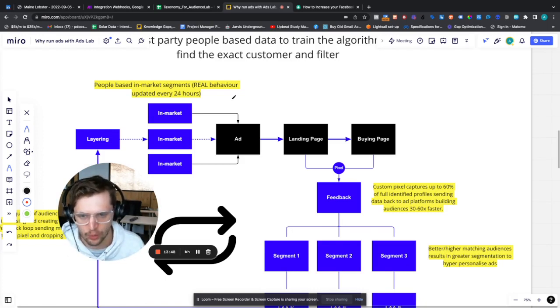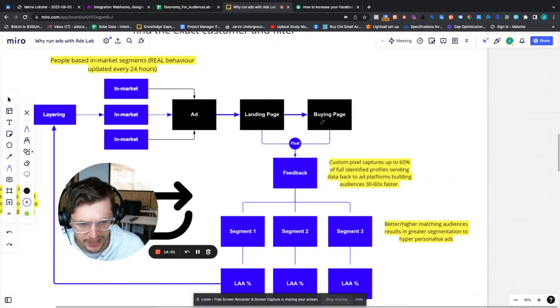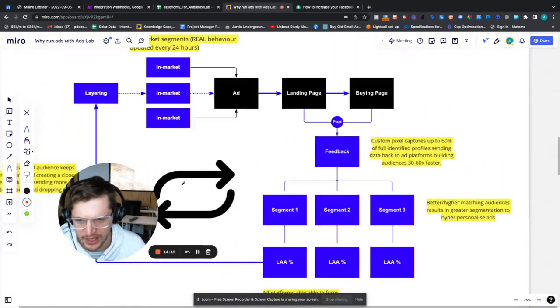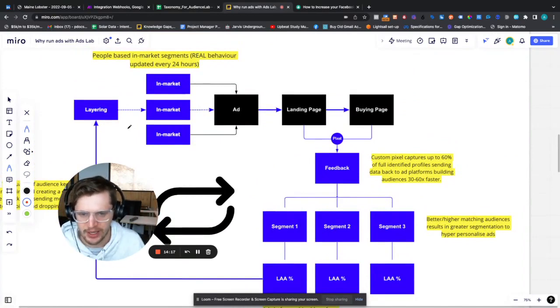it's a people-based audience, right? It's not somebody that just kind of maybe likes something. That person is as close as you can get to your customer as humanly possible. You run ads there, and then as soon as they land on your pixel, you're like, aha, I know this person, right? And then you can build segments off this 30 to 60 times faster than you would building normal audiences. Build lookalikes on there, layer it across to add an extra filter, and you're just slowly building this feedback loop, which is building better audiences, better data, and it's really creating an ad account that produces results.